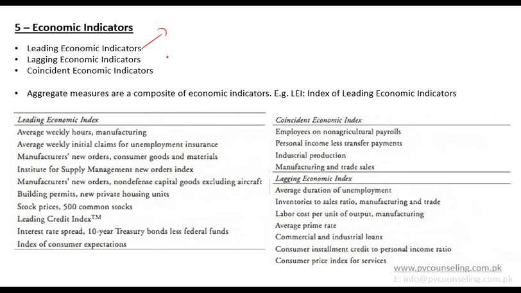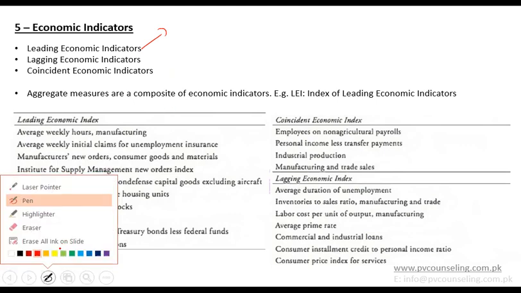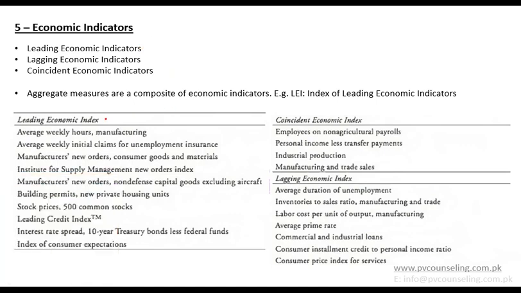So these are leading, but now the question is, if there are so many, maybe 5 indicators tell you the economy will go up and other 6 tell you the economy will go down. How will you decide whether the overall picture is positive or negative? It will be difficult to analyze all the indicators separately. So to make it easier, there are indices which you can use. There is an index of leading economic indicators which takes different economic indicators and, based on some kind of averages, tells you an index level. If this whole index is going up, overall leading indicators are going up. If it is going down, that means they are going down.